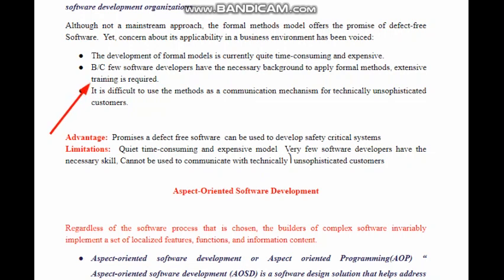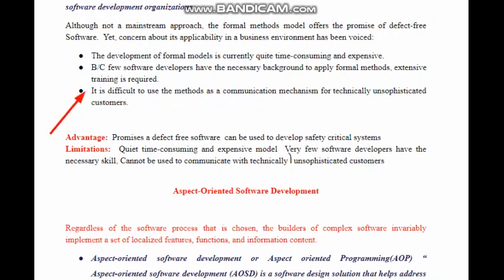All our developers do not have a mathematical background, right? A mathematical background is totally needed for applying this type of model. It is difficult to use the methods as a communication mechanism for technically unsophisticated customers.